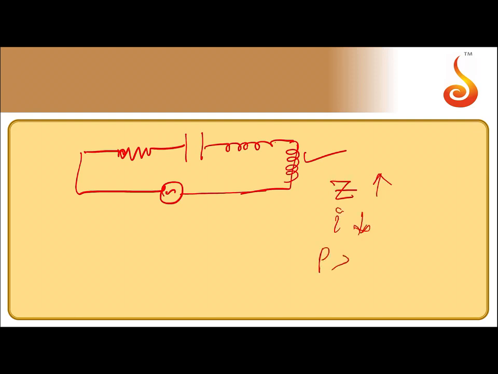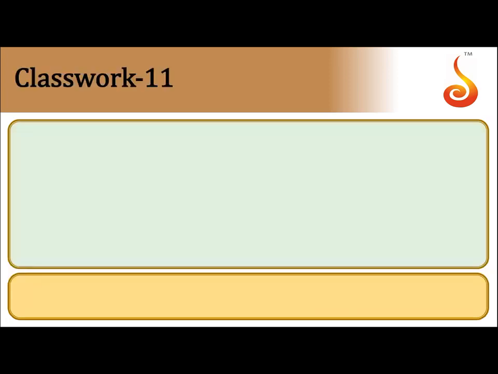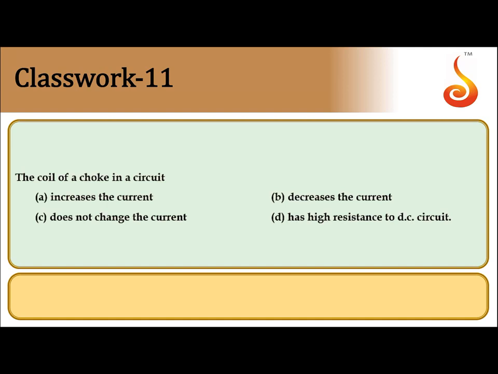But you know that the average power dissipated across the inductor is 0, which means that there is no appreciable loss of any power. Even though I say ideally there is no power loss, in reality there is a power loss because every inductor coil has some finite amount of resistance. So there is a very minimal loss of power, but our objective is achieved. That means current has decreased with minimal power loss. Such an arrangement is what is called a choke. So it decreases the current.